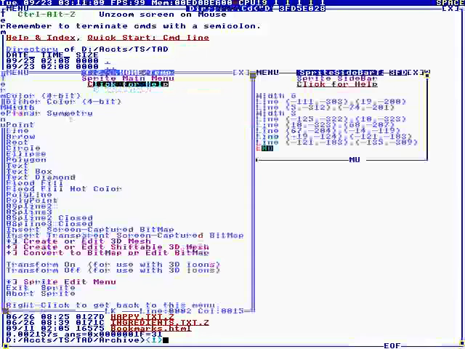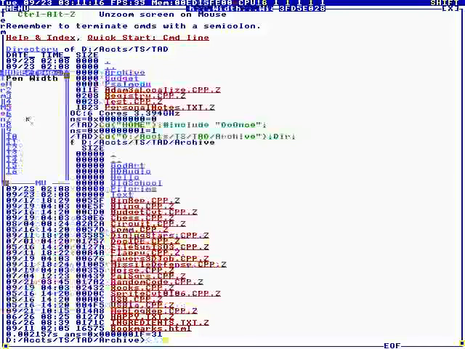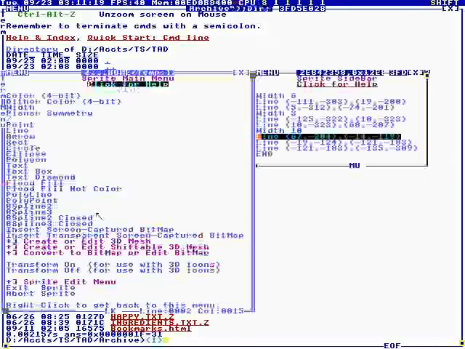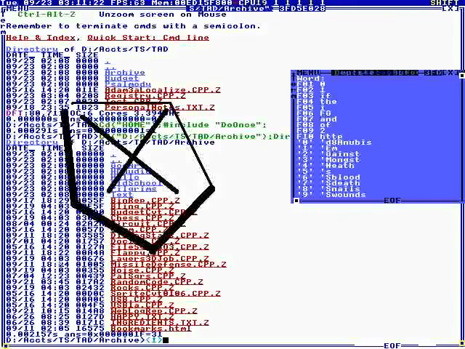Okay, anyway, so that's that. So we can do a width in the middle, and then it'll set, remember, it set that cur element. Okay, so